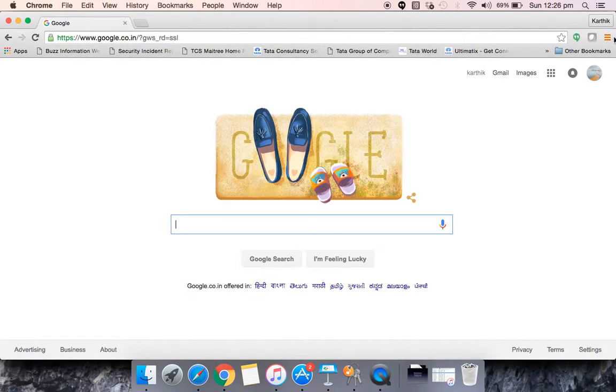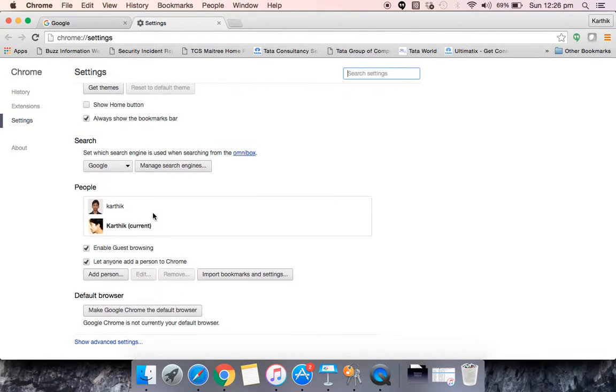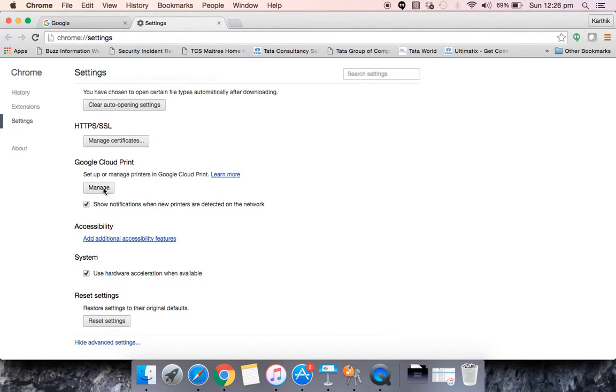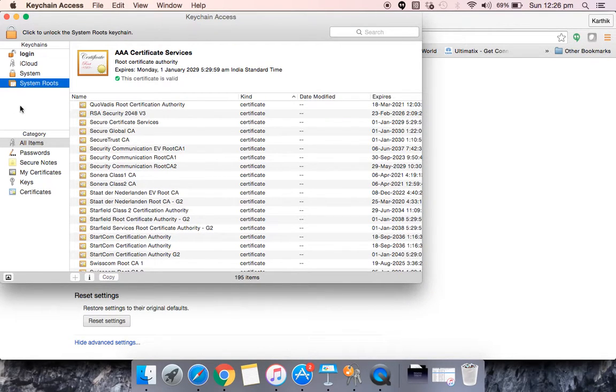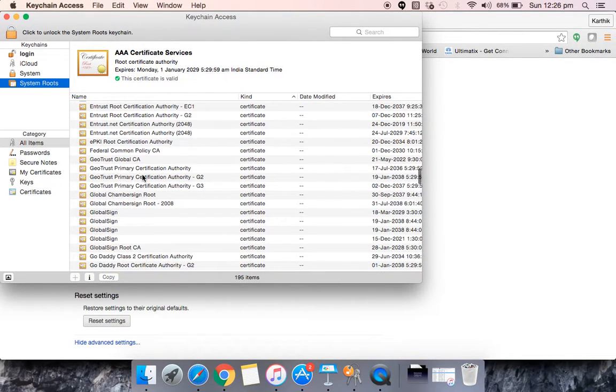In the Chrome browser, if you go to settings and show advanced settings, under that you can go to manage certificates. In system roots, you can see a lot of certificates over here. These are certificate authorities.